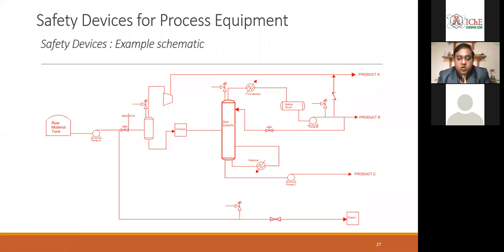So this is more or less how you approach a system. You look at it, you have that list of probable scenarios, and then you check whether these are applicable to you or not. If applicable, you go and calculate the relief load, estimate the orifice size, go to the table, select the PSV and then install it.